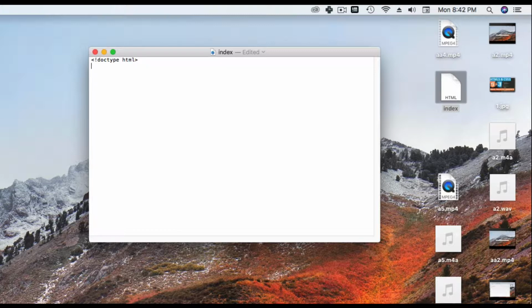doctype HTML, and after that start with HTML. Whatever we start with, we have to finish with the same thing, but let's go step by step; I'm going to end it anyway at the end. Okay, after this HTML we will have head, then we will have the title. Let's put the title as "This is the title",